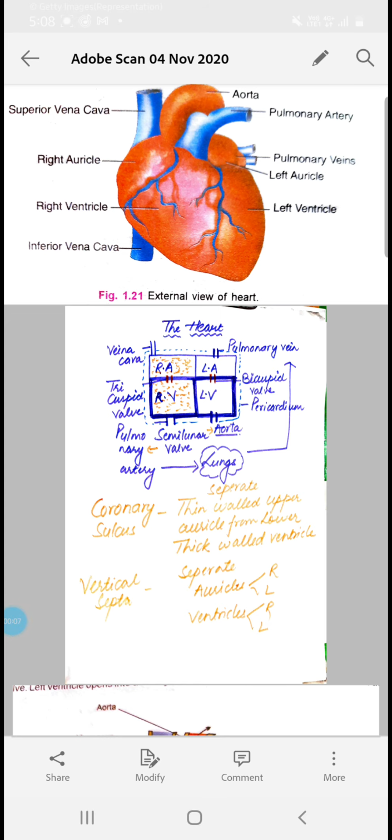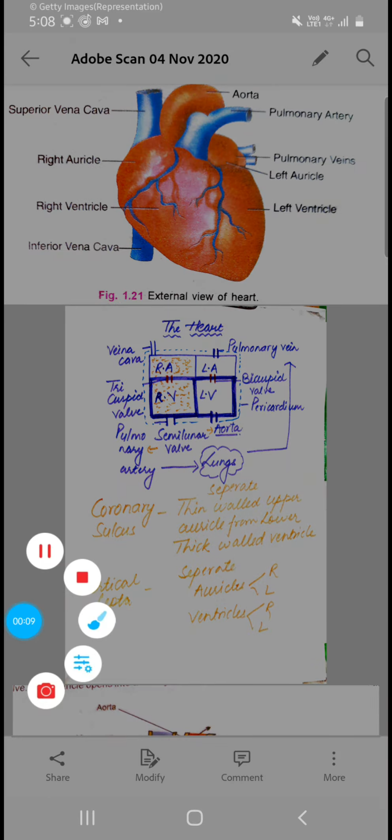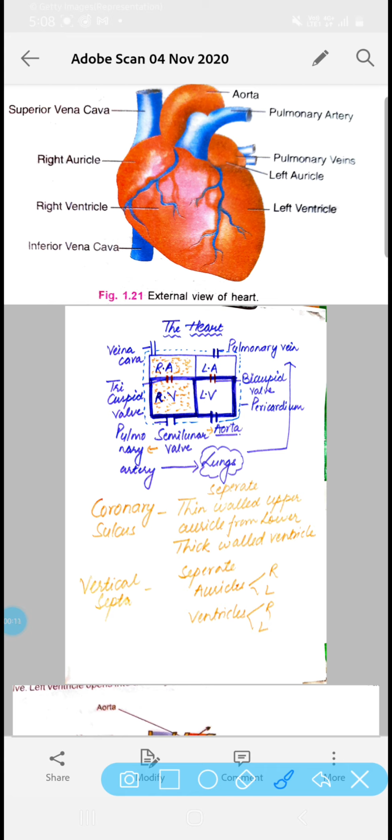Yesterday we were discussing the structure of the heart. So today we will continue the same topic, that is the heart. Okay? So if we externally view the heart, I have already discussed with you that our heart is covered by a membrane called the pericardium